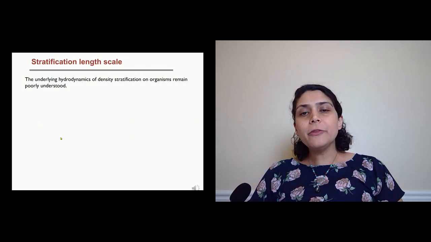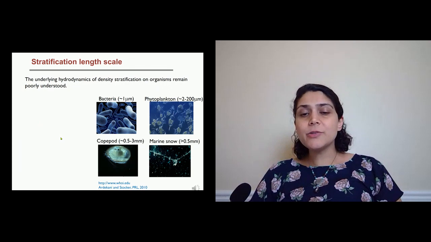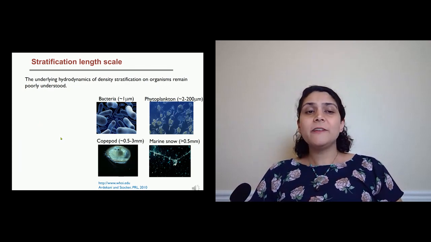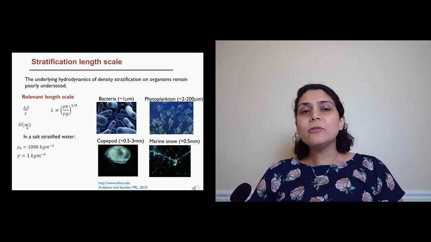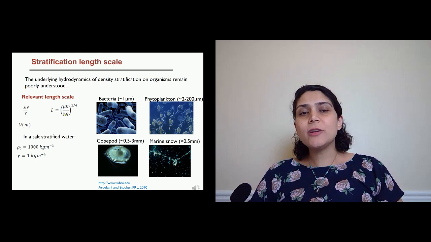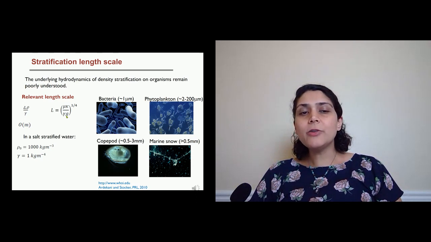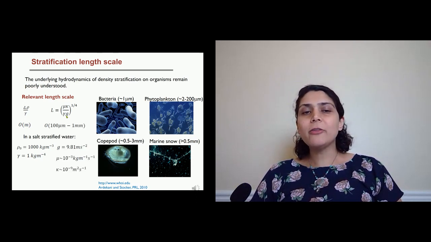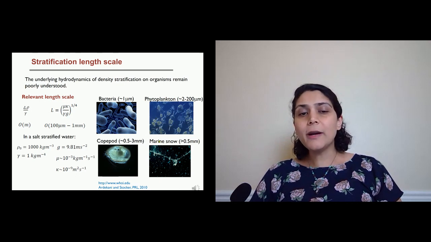When I started this field a few years ago, the first question I was getting from other researchers was that these particles and organisms are too small to be affected by stratification. Because there is a length scale in the problem which is related to the change in density over the density gradient, and that's on the order of a meter. But what I've shown is that there is another length scale which is related to viscosity, diffusivity, strength of stratification, and gravitational acceleration. For example, for the measurements I showed earlier for the Pacific Ocean, that can be as small as a few hundred micrometers or millimeters. So even though small bacteria or smaller plankton are not affected, larger plankton, zooplankton, and marine snow particles are affected